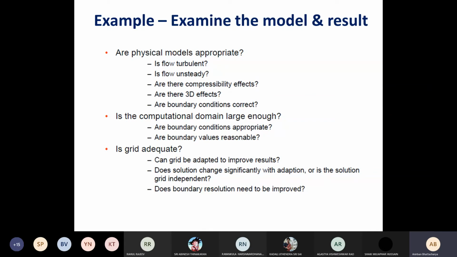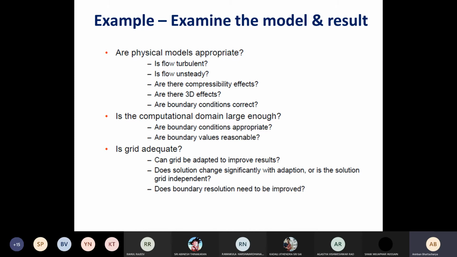And in those cases, you need to take a refined grid. But if the grid is too small, there will be a sudden jump in the derivative calculation. So the derivative value will be very high. So if you take a more and more refined grid, actually the solution can become worse and worse. So there are some situations, even in calculations of curvature or interface calculations, where this type of situation arises.